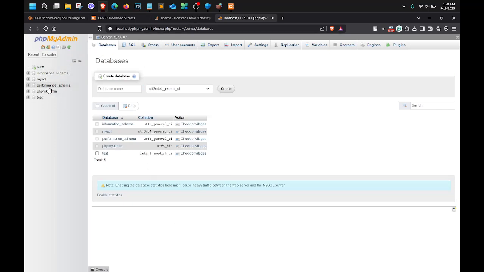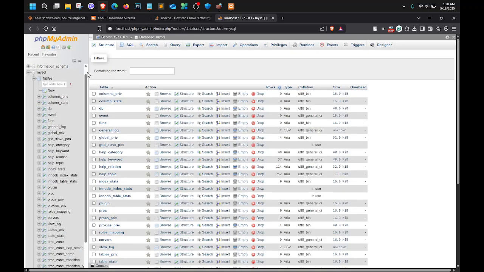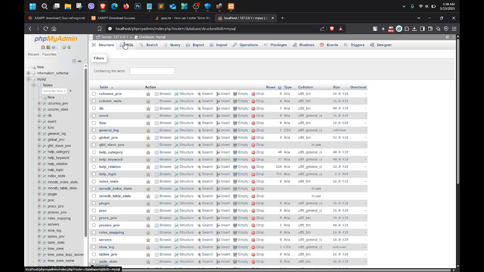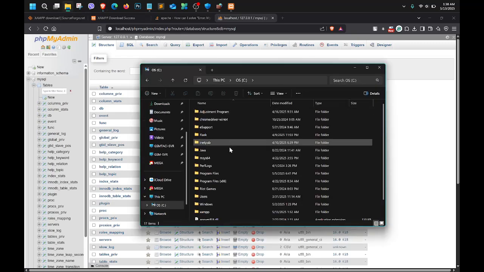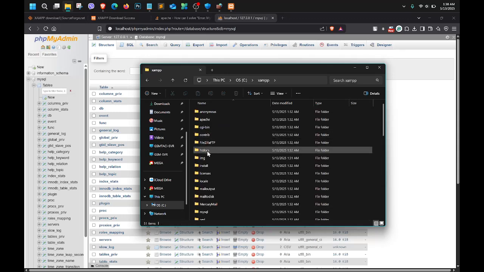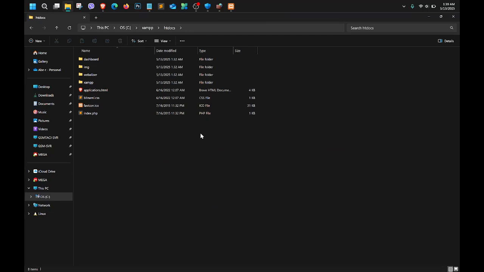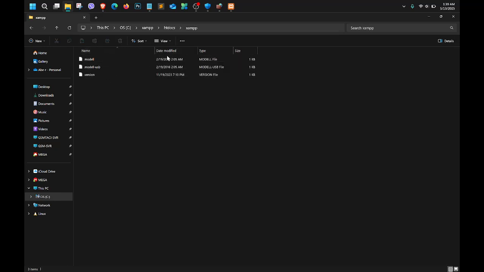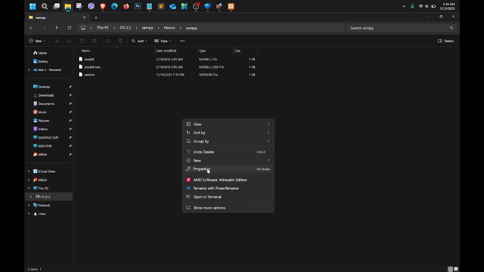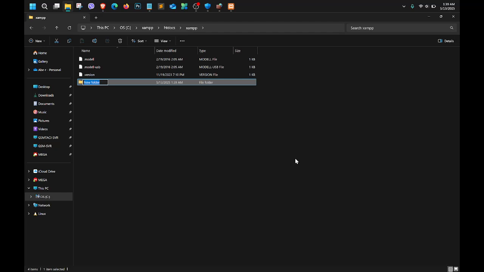So let's run our first PHP program. Go to File Explorer, go to XAMPP, and then htdocs. You can put your code here, but I actually go to the XAMPP folder and put my code in this XAMPP folder. So let's create a new folder.